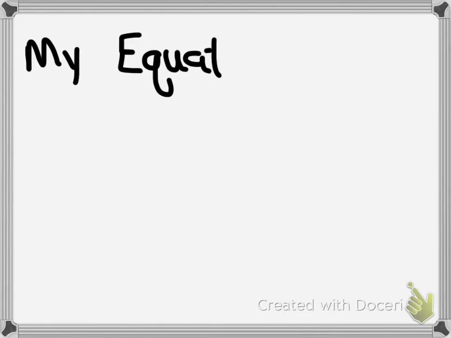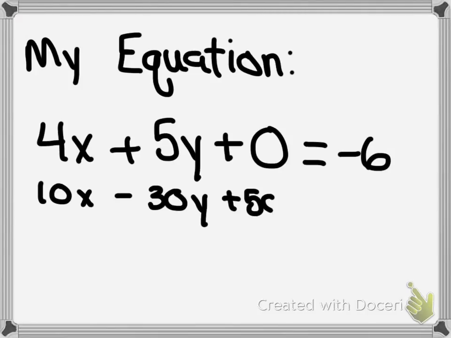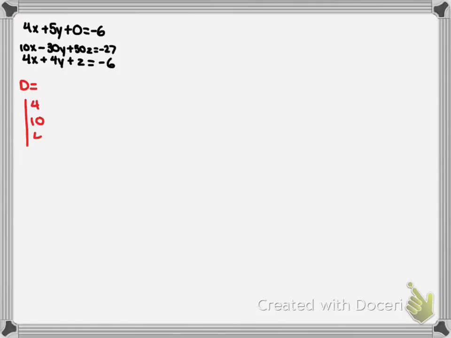The equations that I was given are 4x plus 5y plus 0 equals -6, 10x minus 30y plus 50z equals -27, and 4x plus 4y plus z equals -6. At the top, I'm rewriting the equations that I was given, and now we have to set up everything to find the determinants. The first determinant is the determinant D,